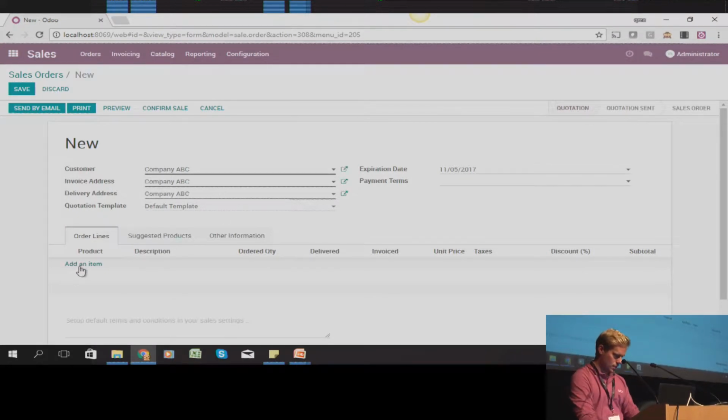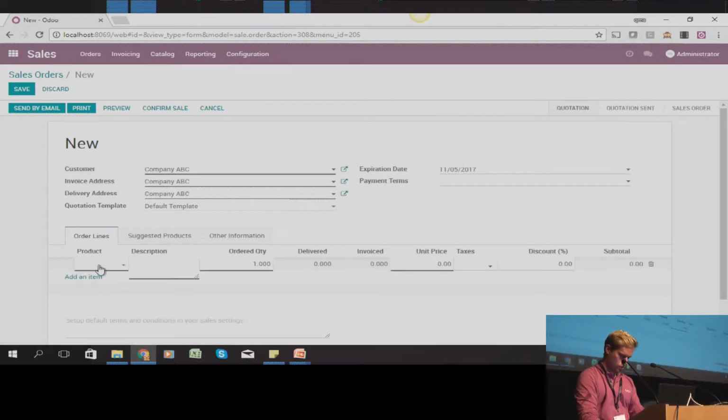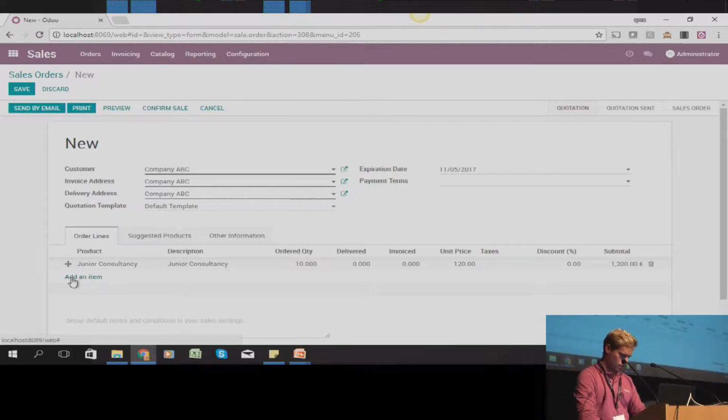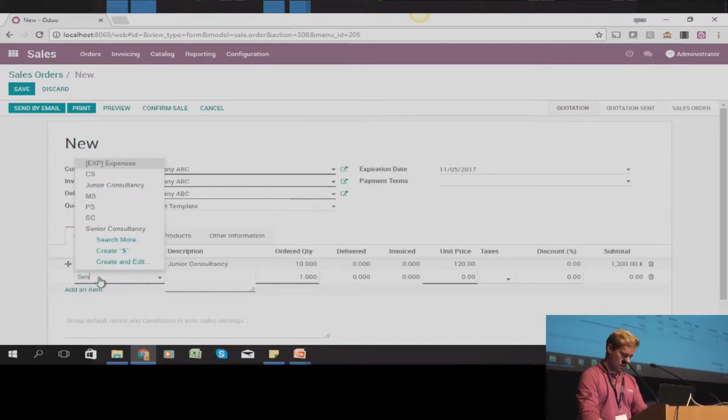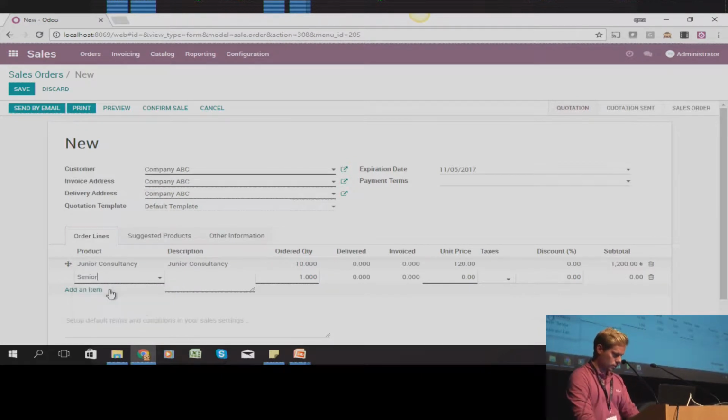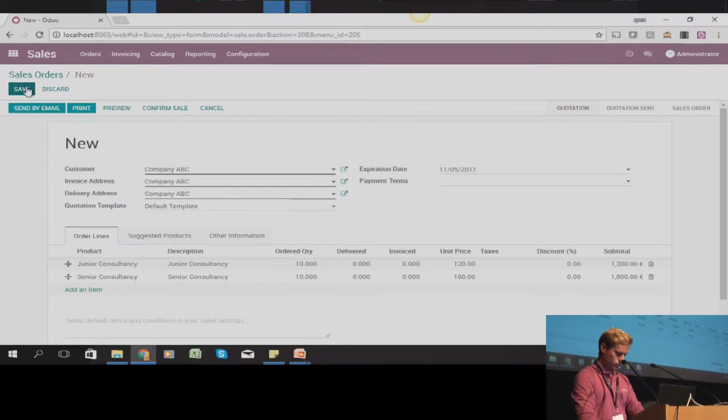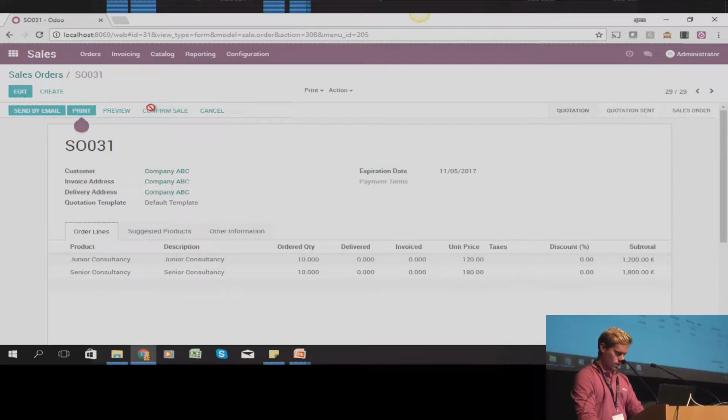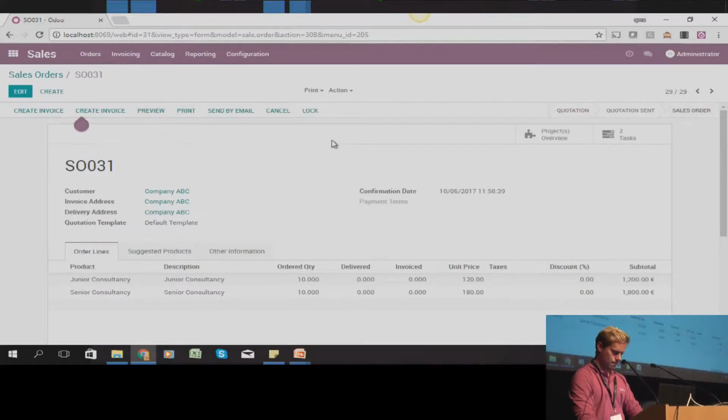For our client ABC, let's choose the junior consultancy, I will take 10 hours, and the senior consultancy also 10 hours. Let's confirm this. And you see you still have the two tasks that are linked here thanks to a smart button,